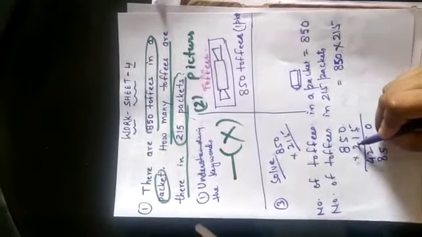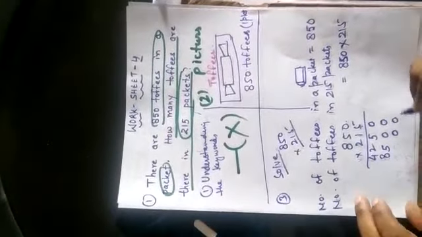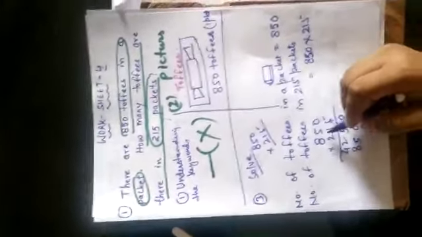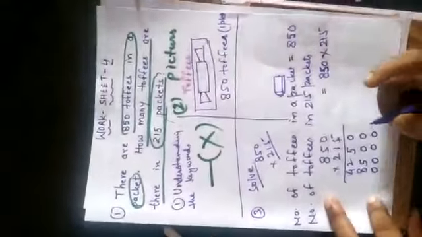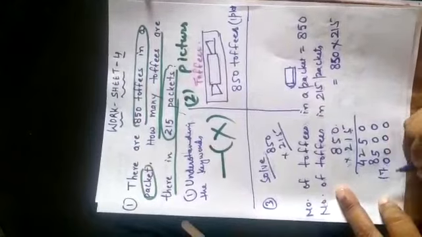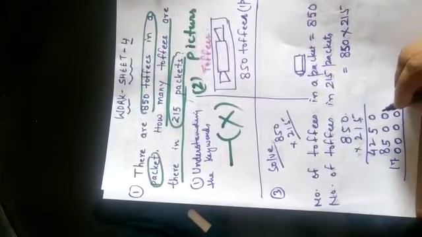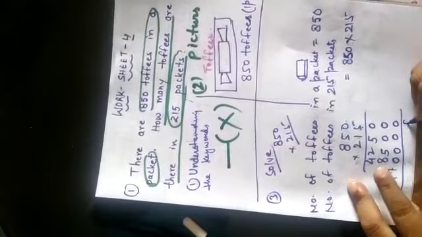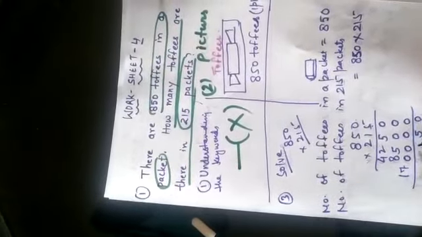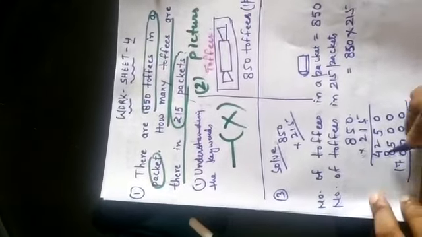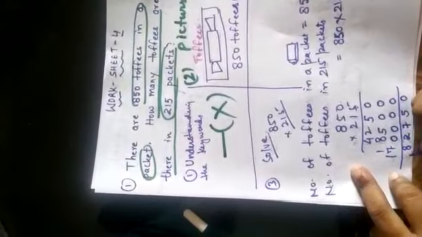Now come to multiply by 200. 200 has two 0s, so I put down two 0s on the right side of the product. Now let's start the multiplication. 2 zeros are 0, 2 fives are 10, 1 carry over, 2 eights are 16 plus 1, 17. The last step is that we add these products. So 0 plus 0 plus 0 is 0, 5 plus 0 plus 0 is 5, 2 plus 5 plus 0 is 7, 8 plus 4 plus 0 is 12, 2 and 1 carry over, 7 plus 1 is 8, and 1.